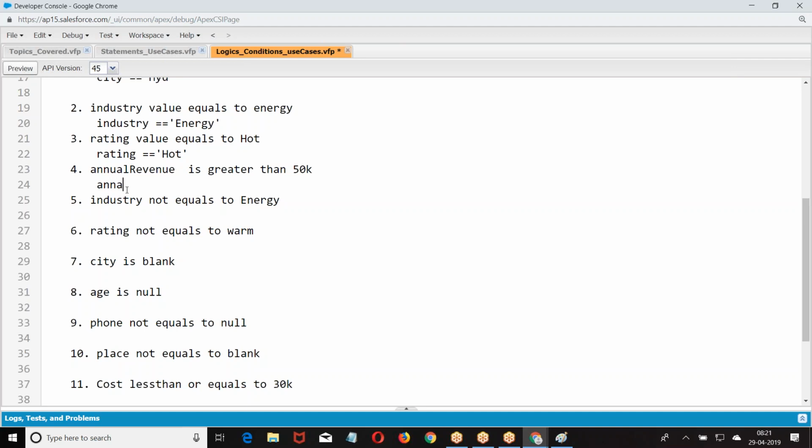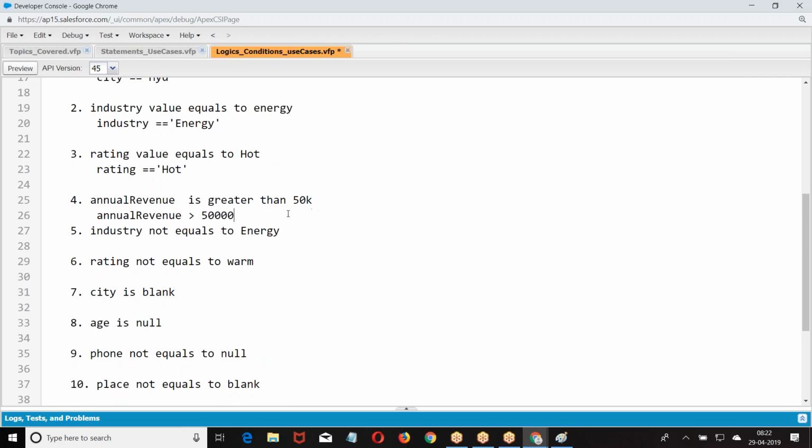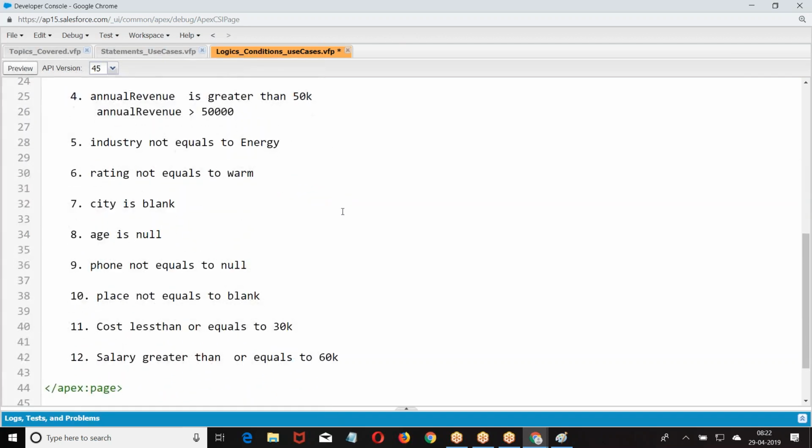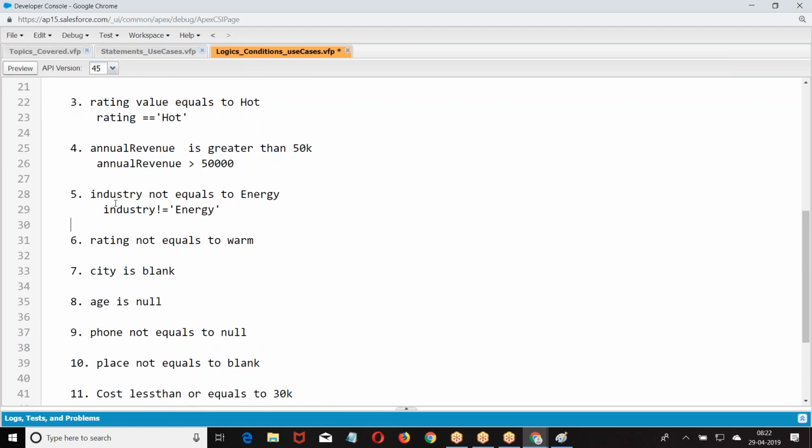Annual revenue greater than some value. Then industry not equals to energy.